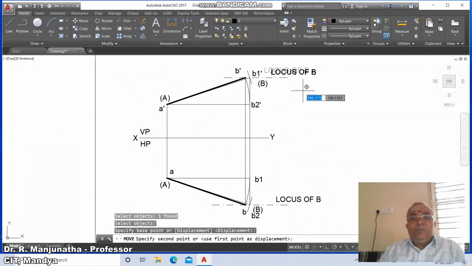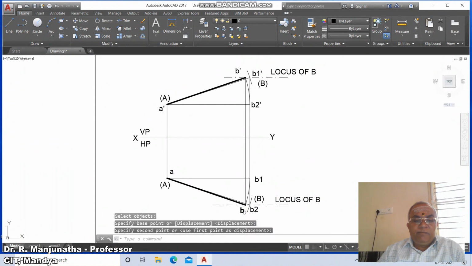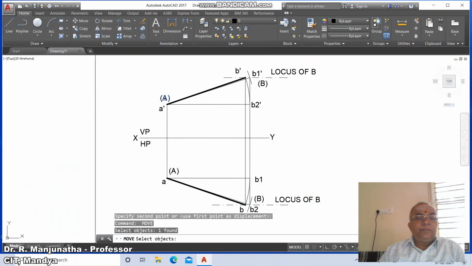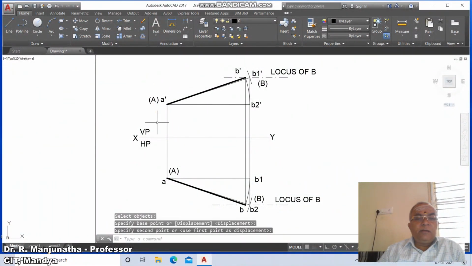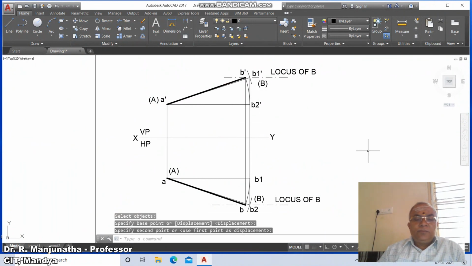So this is locus of B, so this is also locus of B, so this is capital B, and this is B2, and this is B, this is A, and this is A, and this is A dash, this is capital A, this is B dash.